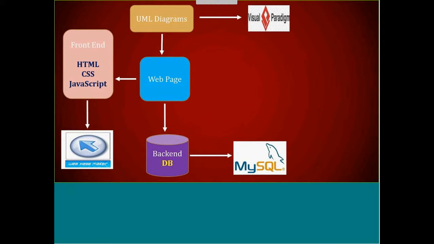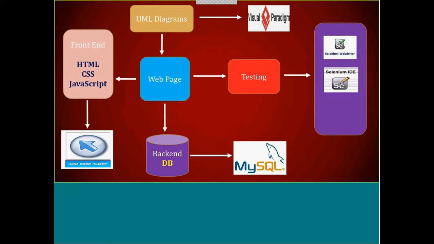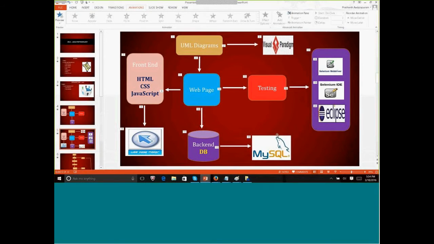You can use any backend depending on the project requirement. You may use MySQL, Oracle DB, DB2, Microsoft Access, or MS Excel, depending on the project requirement. And once that is done, you will do the testing, automation testing. You can use tools like QTP, LoadRunner, depending on the functionality of the tool. One example is Selenium. Okay. So this is how the complete project would be developed.